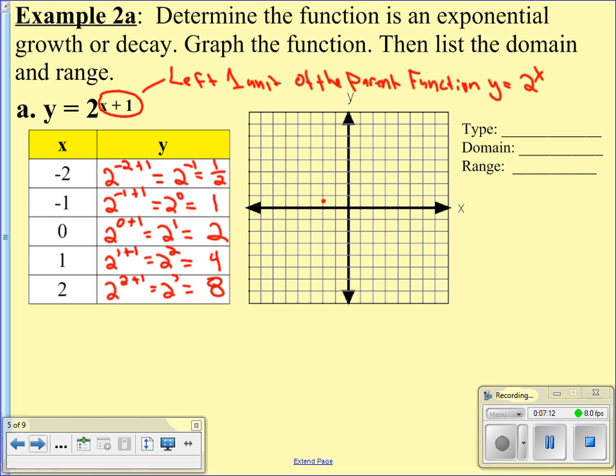At -1, it's 1. At 0, it's 2. At 1, it's 4. And at 2, it's 8. So because the original shape in 7.2 of the graph is always going to look like that for an exponential